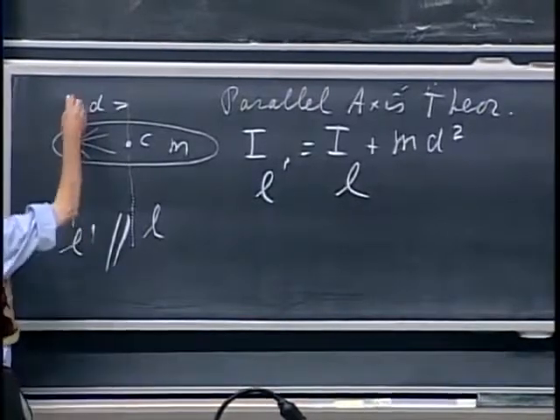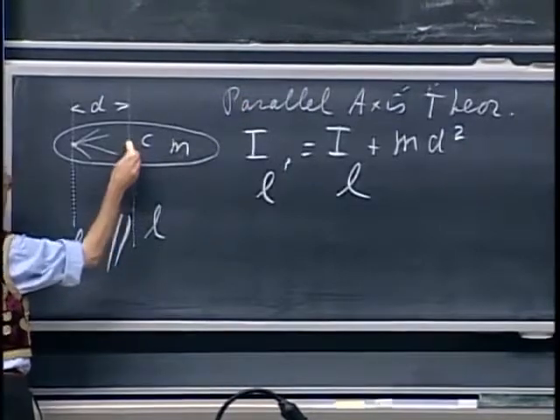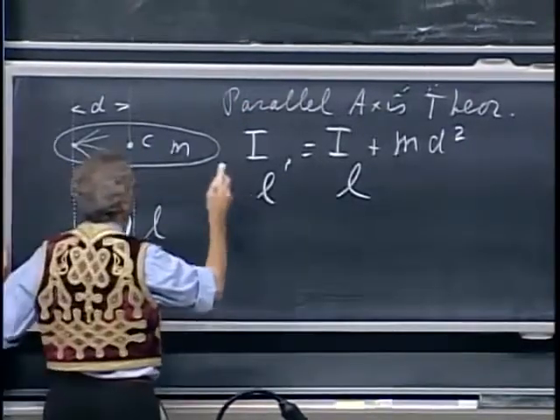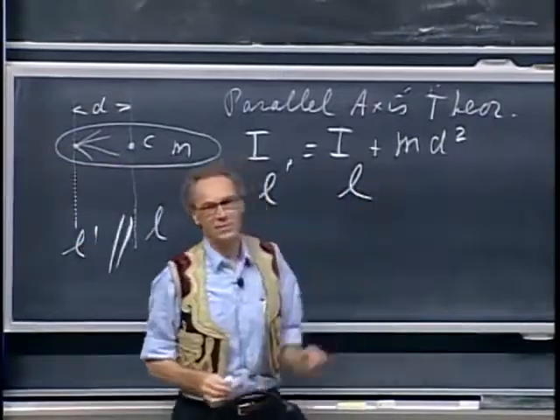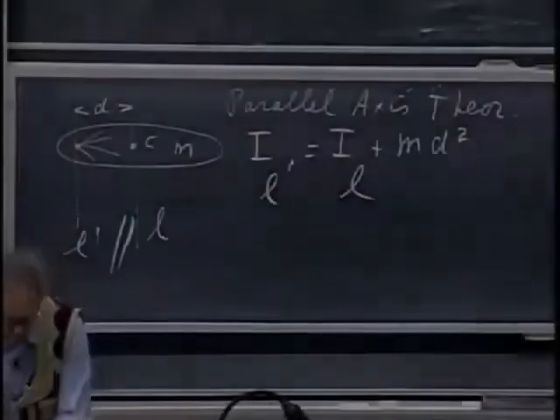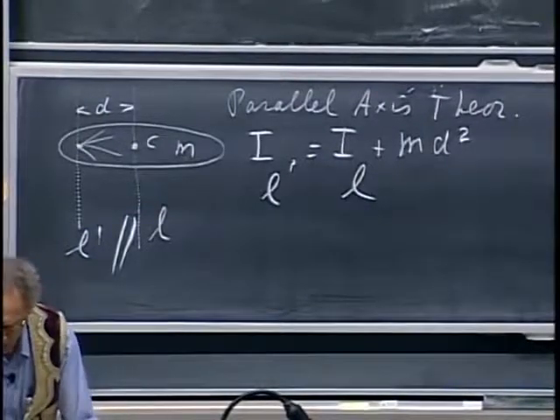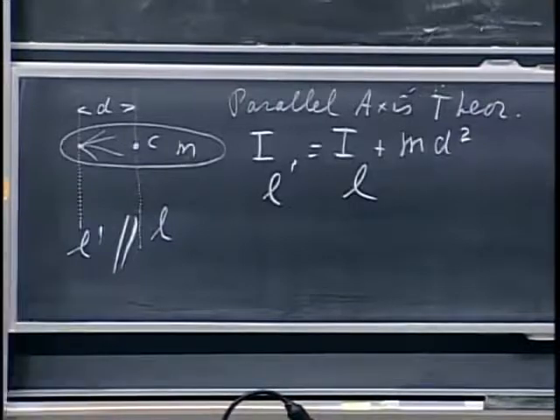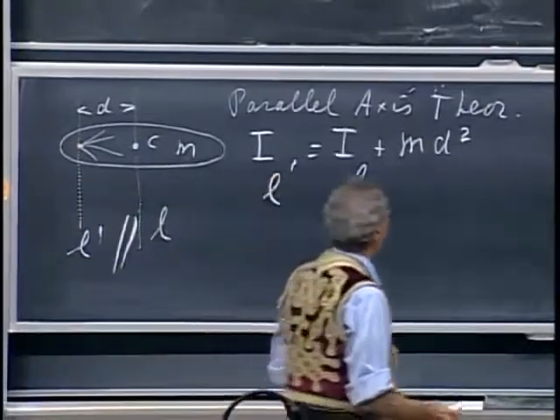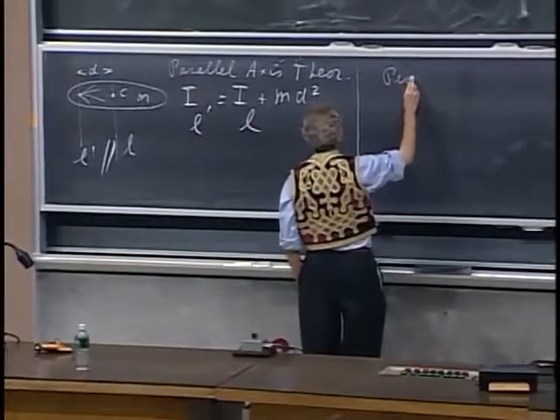Notice that the moment of inertia for rotation about this axis, which is not through the center of mass, is always larger than the one through the center. You see, you have this md squared. It's always larger. There is a second theorem, which sometimes comes in handy, and that only works when you deal with very thin objects. And that is called the perpendicular